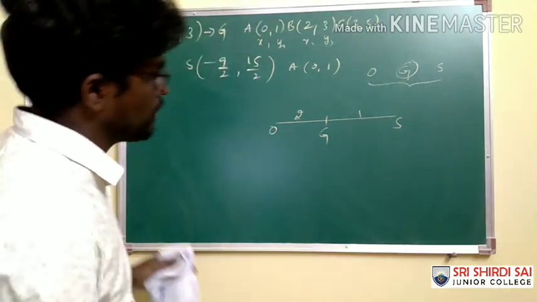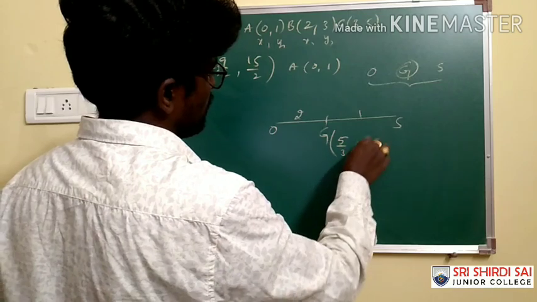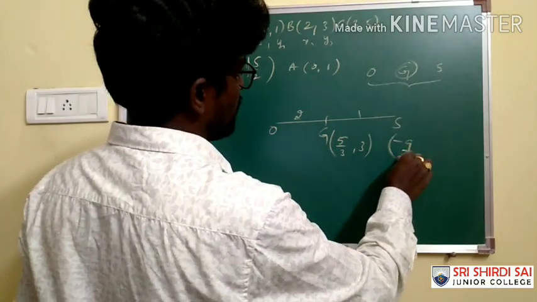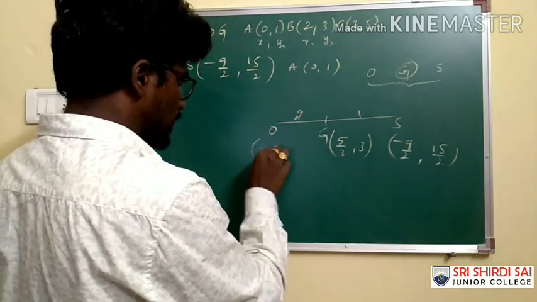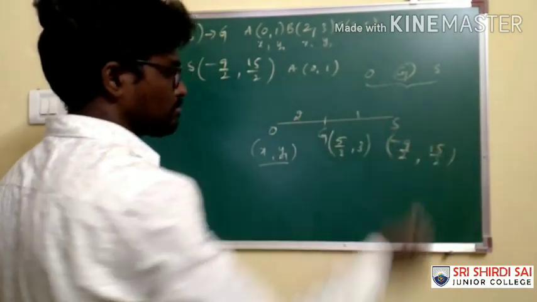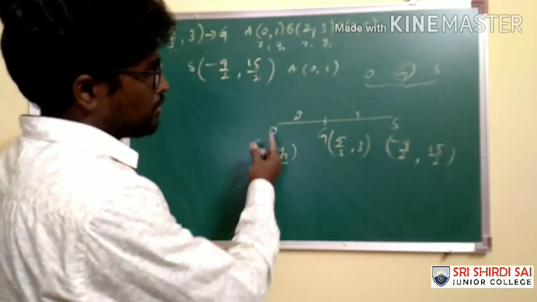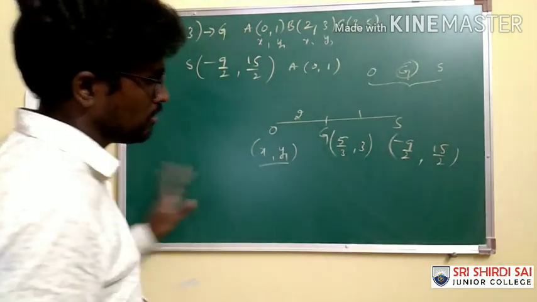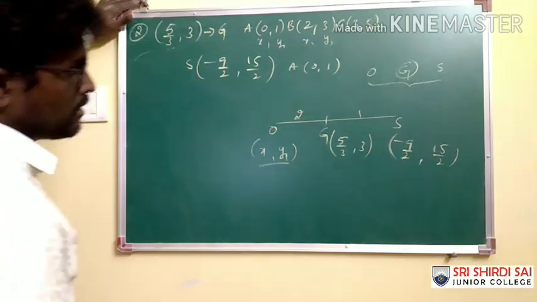With the help of this, we can calculate, because we are already given the coordinates of the centroid, that is 5 by 3 comma 3, and the circumcenter coordinates we have calculated. What is that? Minus 9 by 2 comma 15 by 2. And the orthocenter coordinates x1, y1 we want, and we know the ratio. So how can we do it? We'll apply the section formula for O and S using the 2:1 ratio, and equate it to the centroid, so that we get the coordinates of x1 and y1. Let's use the formula.